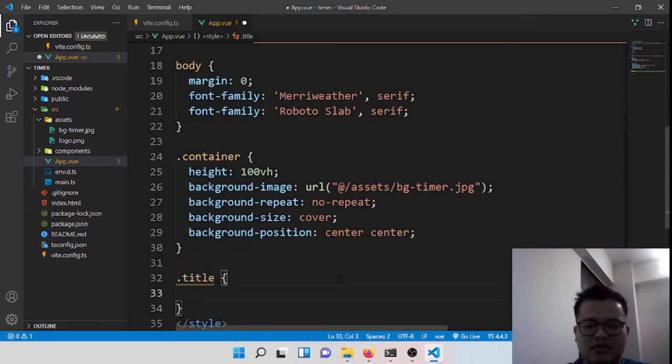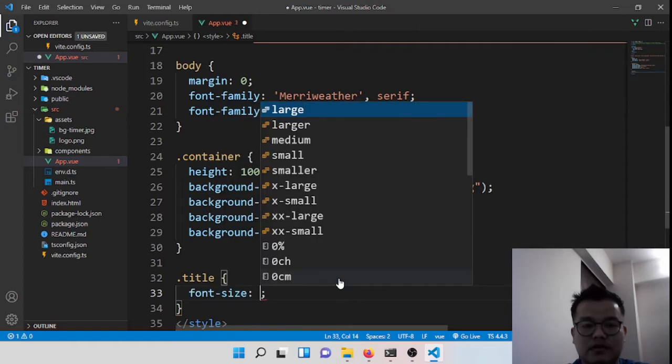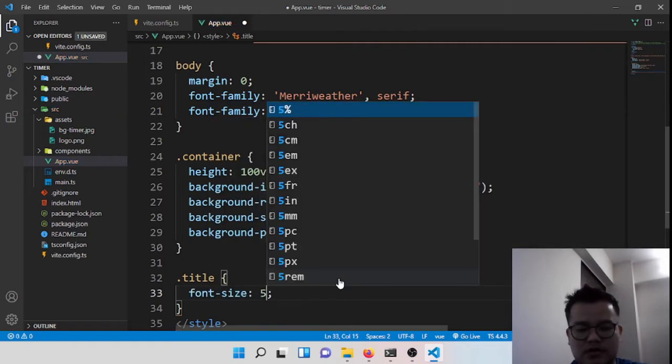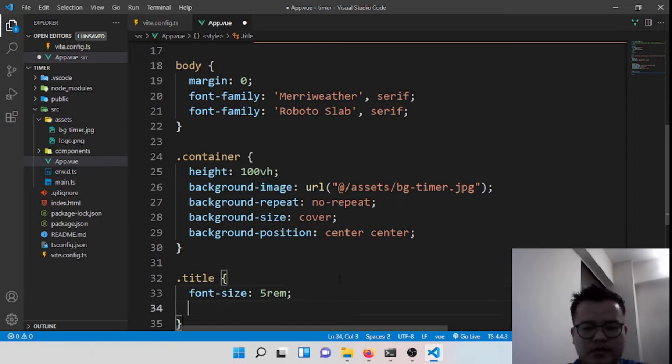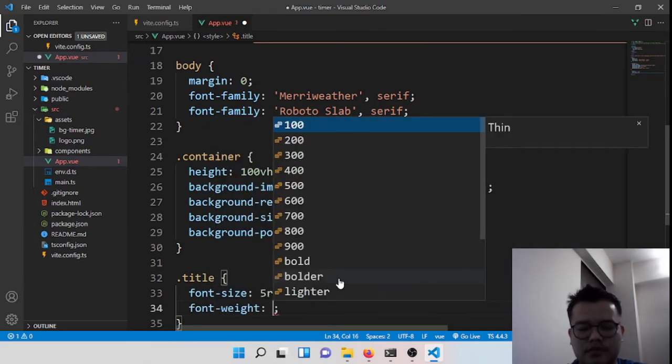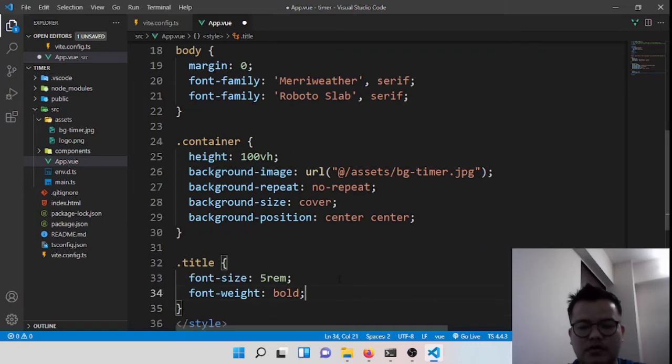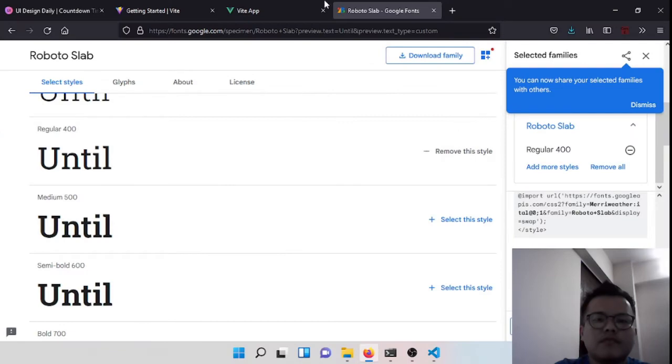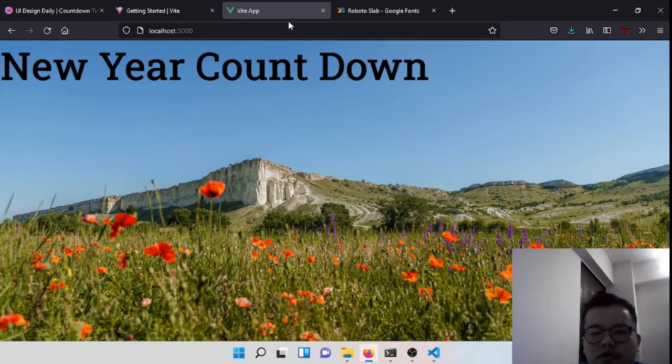And the title font size would be 5 rem. Font weight would be bold. Okay,